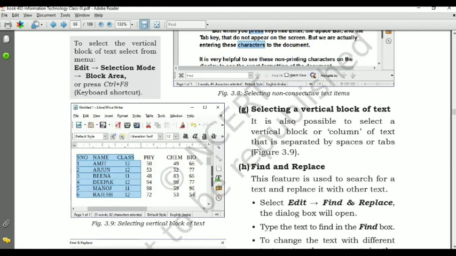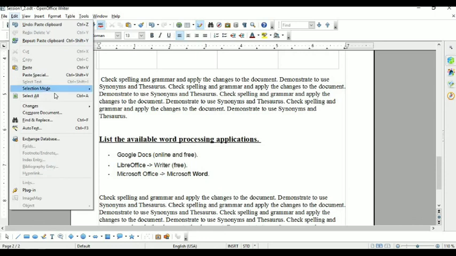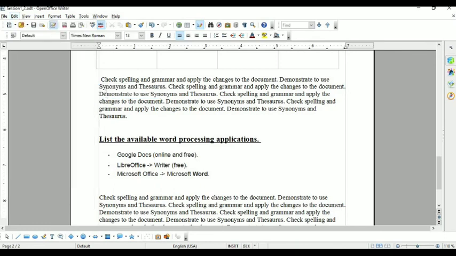For this, we have to go to the edit menu and then selection mode. Select the selection mode and select the submenu block area. Now see the change. Your text is selected in a vertical block manner, in a column manner. See this.